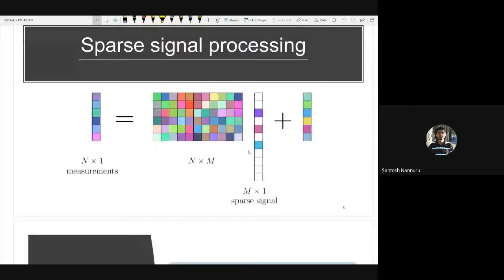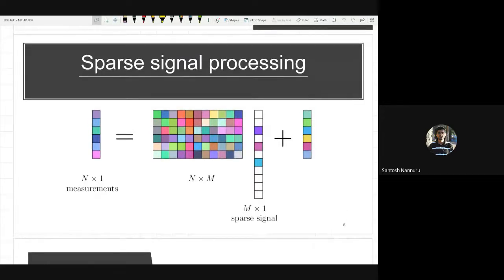Yeah, so transforms is one of the main things. Even if the signal is not sparse in the domain which you're observing directly, but if it is sparse in a different domain, which you can obtain by transforming the signal, even those problems you can solve, right? Even beyond that, you can solve many problems even if it's not a transform, but some other property